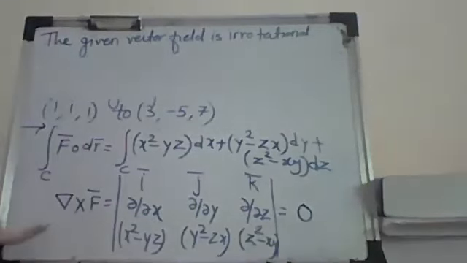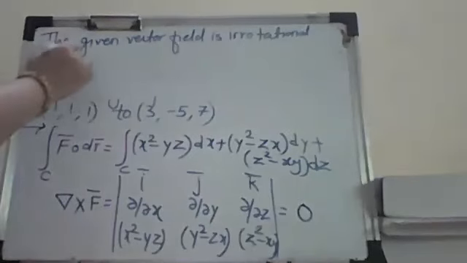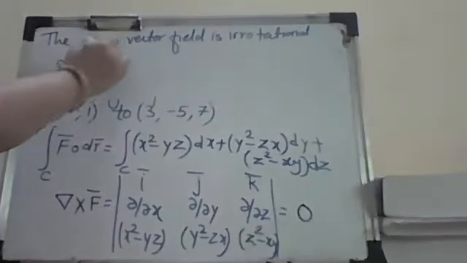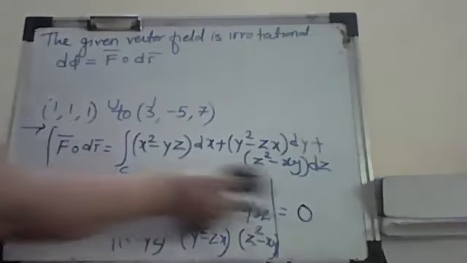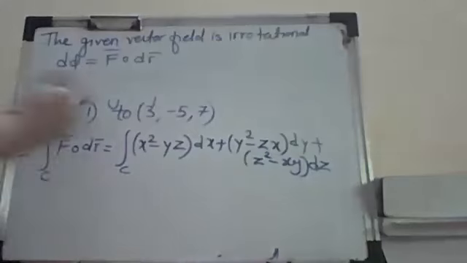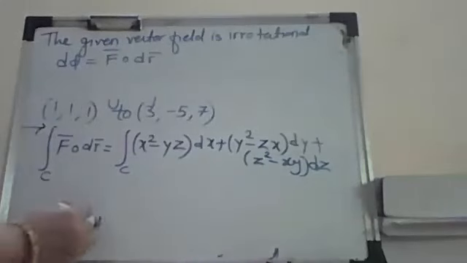Now it is irrotational. What I have to do is write it down in terms of the scalar potential phi. So you just consider here d phi. What is my d phi? It is f bar dot dr bar. I just remember these points, 1 1 1. I write it down here only so that I can drop the earlier part. So it is from 1 1 1 to 3 minus 5 7.